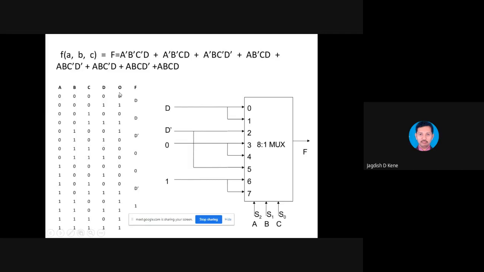It is the complement of D. That's why it is D dash, and 1, 0, 1 means 5. So D dash is connected to 5, and D dash is also connected to 2, that we have seen earlier. D dash is connected to 2 because in that we assume that D is don't care.